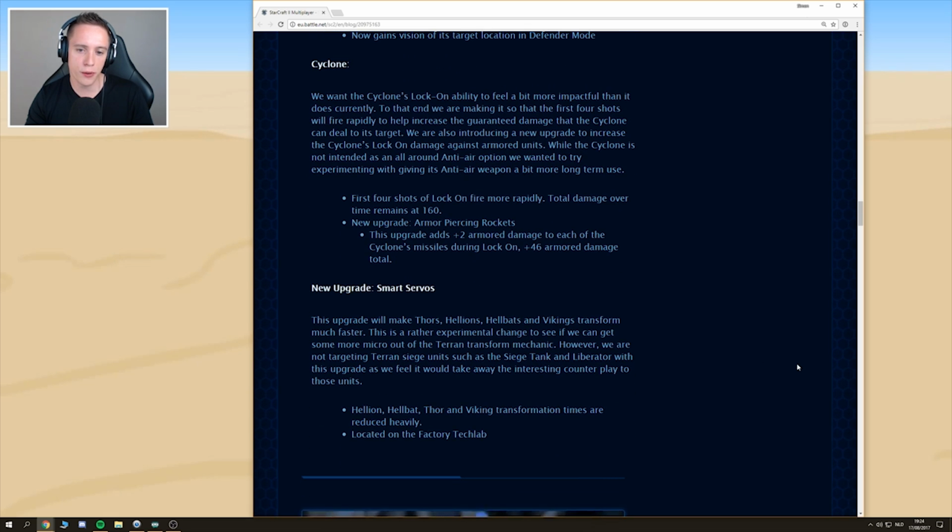There's also a new upgrade called Smart Servos. This upgrade will make Thors, Hellions, Hellbats, and Vikings transform much faster. This is a rather experimental change to see if we can see some micro out of Terran transformation mechanic. However, we are not targeting Terran siege units such as the Siege Tank and Liberator with this upgrade, as we feel...